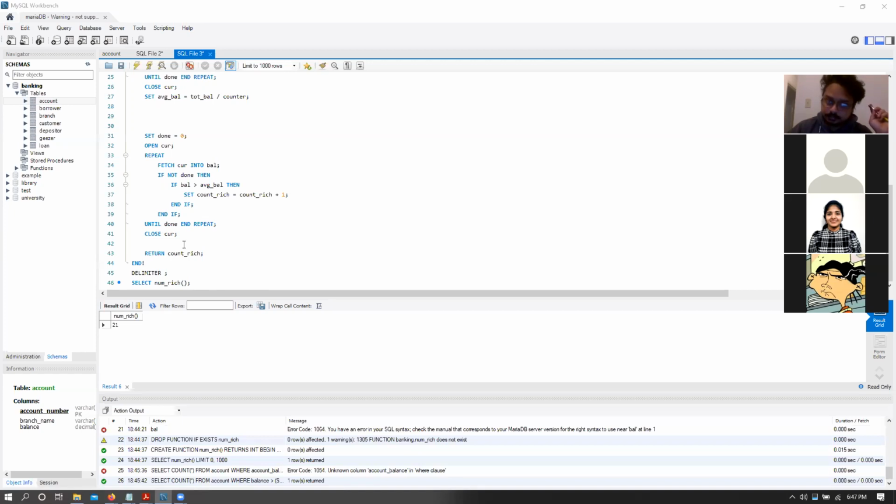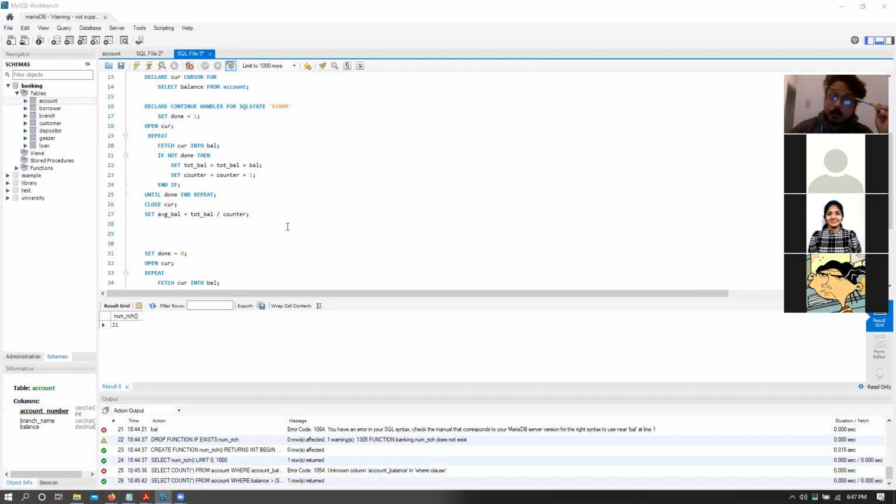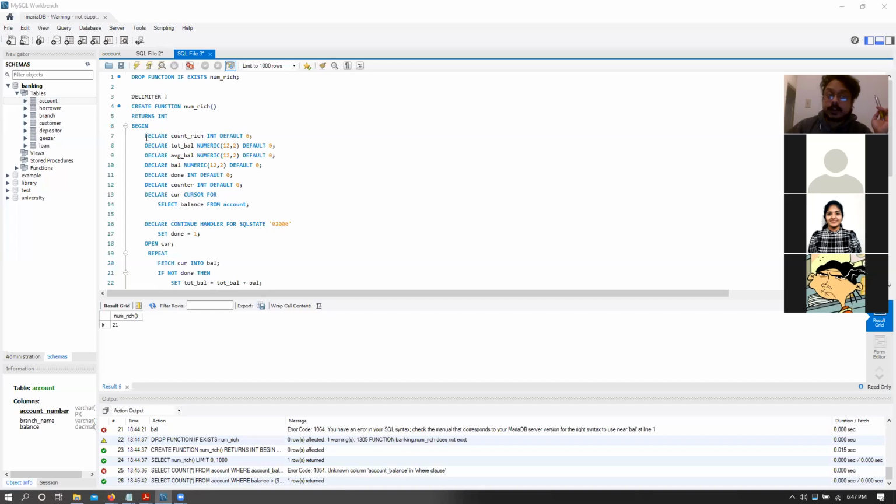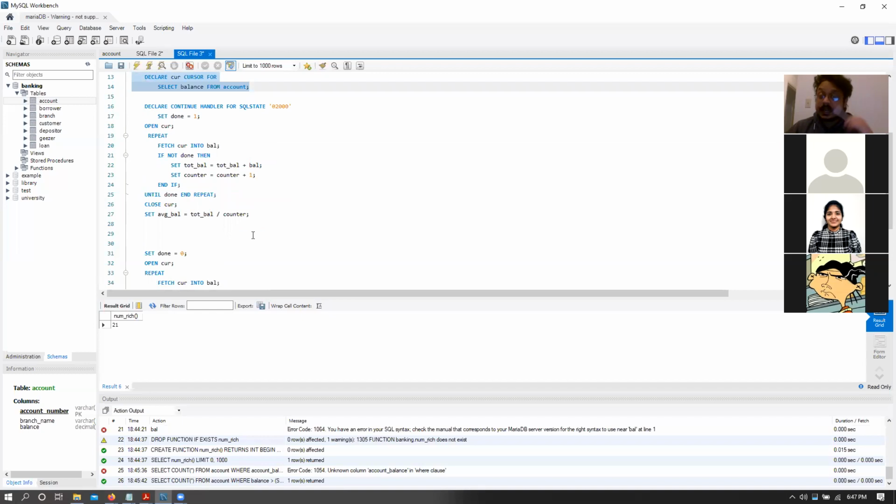Professor, I have an error when I try to create another cursor. It shows an error near the end. But when I remove the cursor that I created, then the error is gone. Okay, remember one thing, since in SQL, we need to declare all our variables up top. We cannot declare our variables in the middle somewhere. It's like C programming, right? We need all our variables to be up top. So if you want to create another cursor that is different from this cursor, it has to be declared up top.